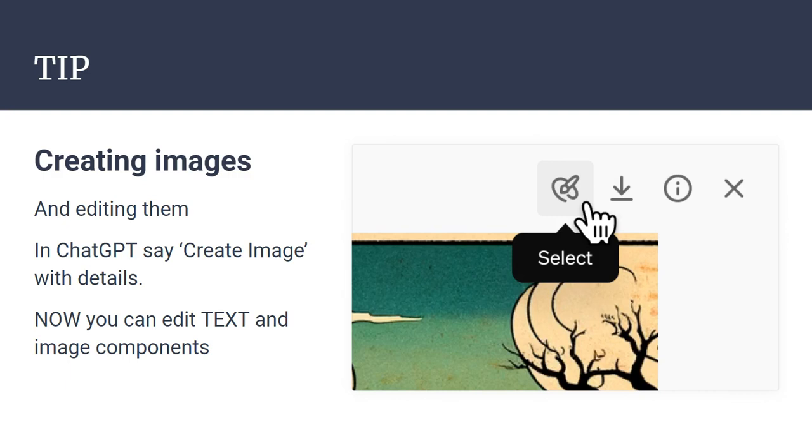You continue to refine. These days they have a little selector, and you can highlight the area you want and then tell it things like make the eyes blue, or change the words in this section. It gets words wrong often, so that's a good little way to get the words right in your AI generated images.